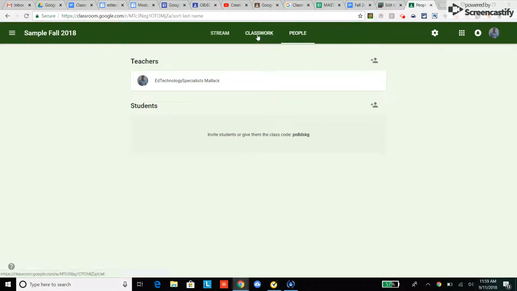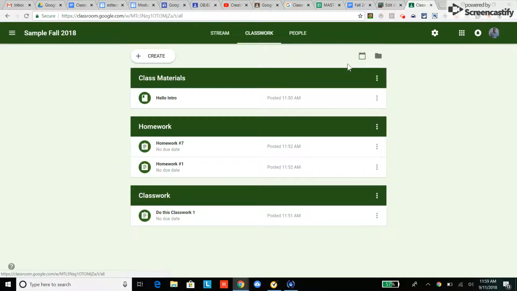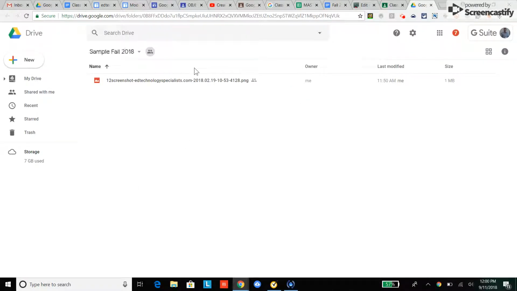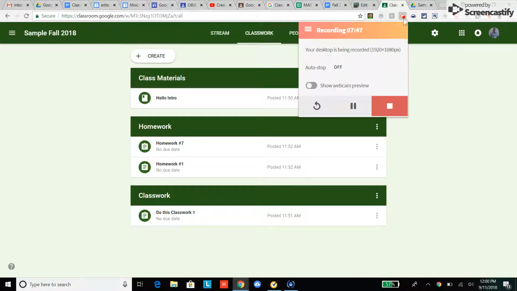And one last thing regarding the organization of your class, understand that everything you do in Google Classroom is actually saved and organized in your Google Drive, and it's automatically created in folders. So if you go to your Classwork page and you click Class Drive folder, it brings you to that folder, and everything you have done is saved in that folder, including materials you uploaded and any assignments you create will be in their own separate folders, subfolders. I hope this helps you out a little bit with organizational